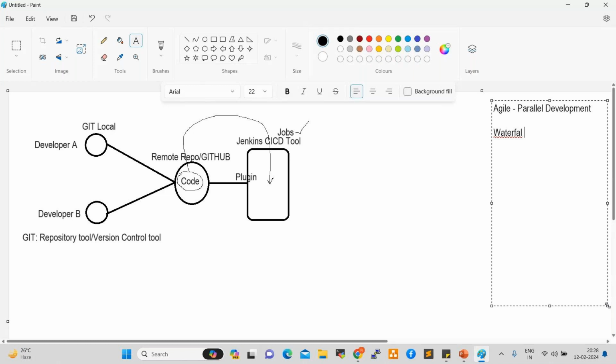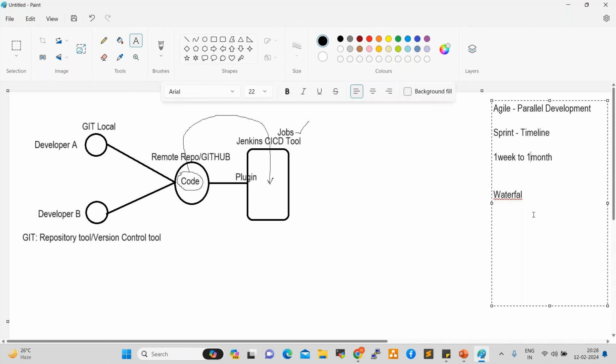So currently, every organization, every project team, they're using Agile methodology to develop the applications, to develop the code parallelly, parallel development, right? Within the time frame, in Agile methodology, currently we are using sprints. What is sprint, anyone? Anyone having an idea? Sprint is a timeline, right? So a sprint can be 1 week to 1 month. As per the requirement, the sprint will be designed.